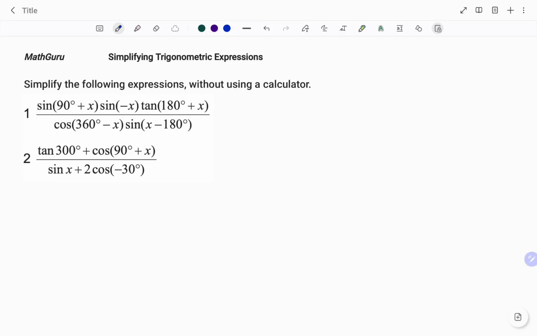In this video, I'm going to show you how to simplify the following trigonometric expressions without the use of a